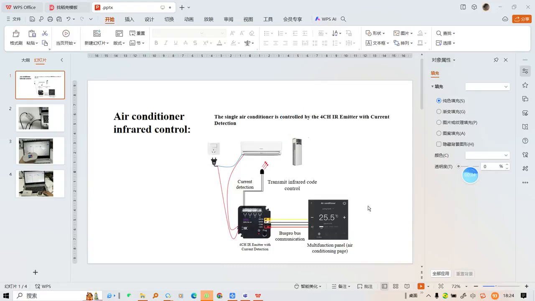Now let me show you how to use our IR emitter. This is the working principle of our IR emitter. First of all, you have to buy an IR emitter and then connect it to the bus pro system through this bus pro cable. And if you want to use it to control AC, DVD, fan, or something else through IR control, then you just use this